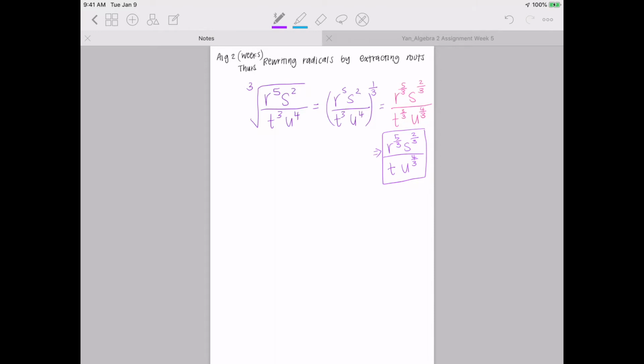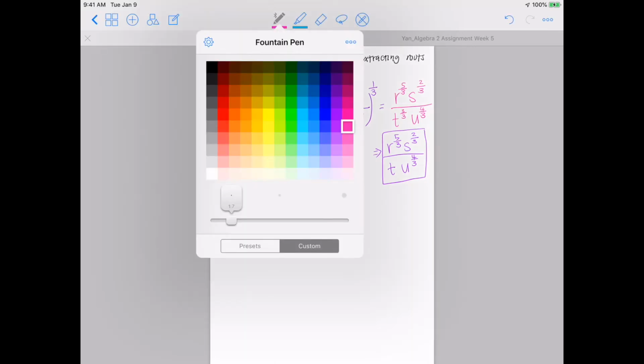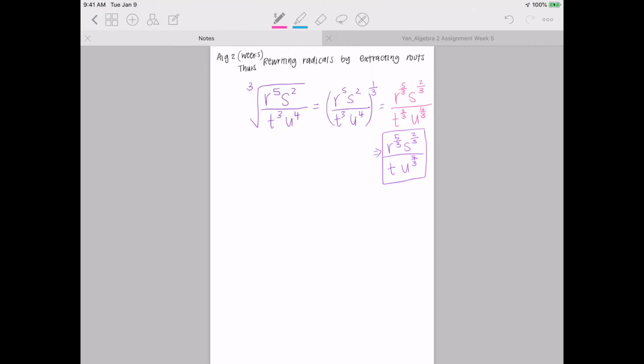That's only if most of their exponents are fractions, but we're going to be working with something that requires absolute value symbols. Let me write some notes here real quick. So to extract a variable from a radical,